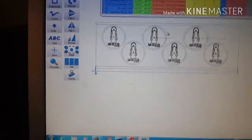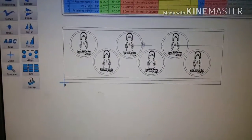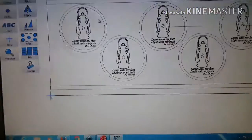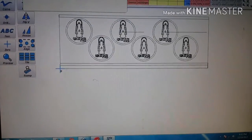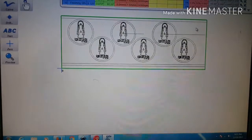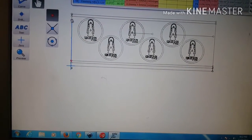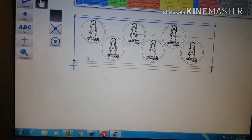Alright, well, you can see I got some lines I didn't get deleted, but we don't care too much about that. But you can see that put my 0 right there, and everything matches up to my drawing. So what I'm going to do first is take this right here, and it looks like I'm going to have to manually select it just because I didn't really spend time lining up those squares perfectly. So I'll just go here, here, here, here, and